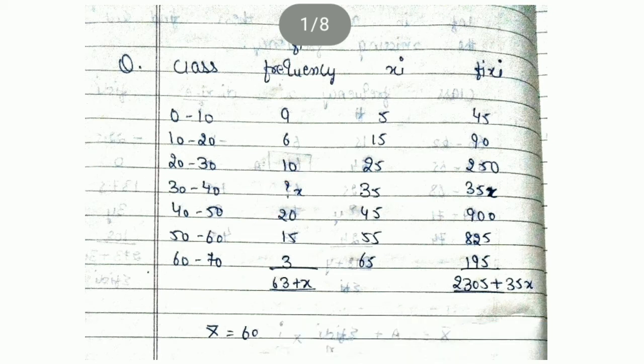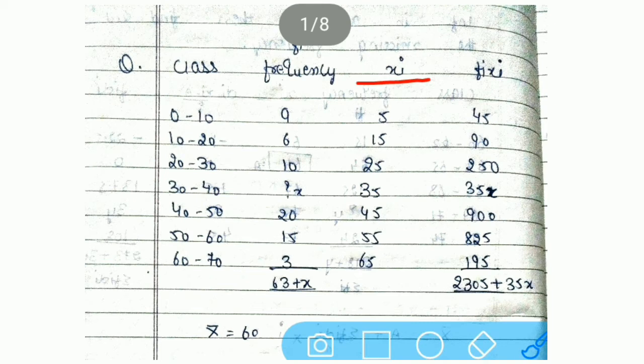After having all the information, our first requirement is always to find out xi. How to calculate this xi? We have done this before also. That is in the grouped data of the mean. So first of all, when two values are given to us and when we want to find out x, at that time first value plus second value divided by 2 is to be done. So see here 0 plus 10 divided by 2. So you are going to get answer 5.